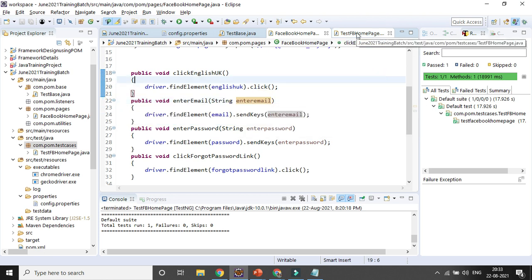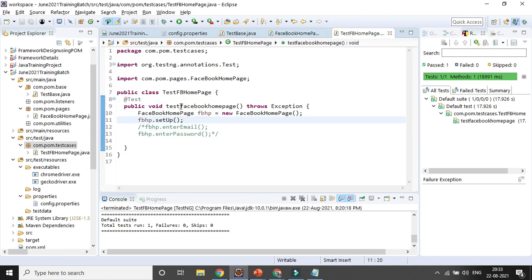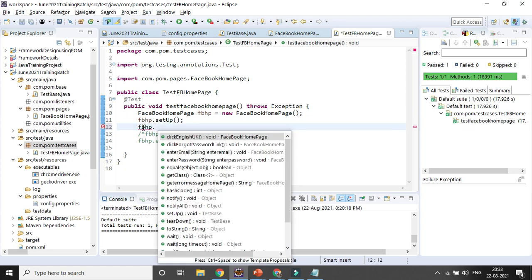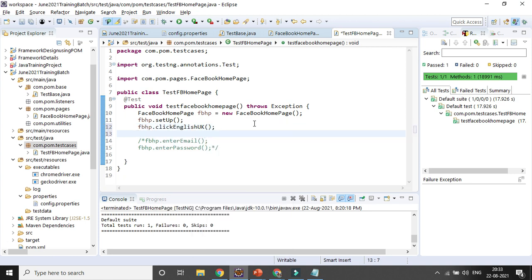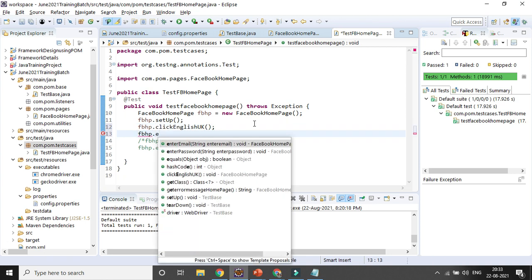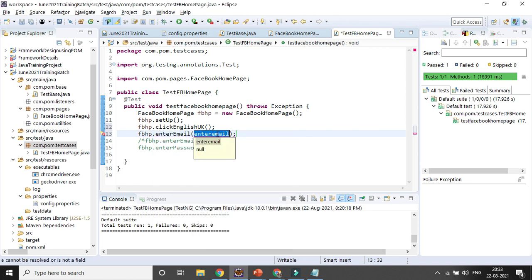And now in the base page, I have already set up, I have already called the setup method, right? Then whatever I call, I will first click on the UK part, so I will be calling the method click English UK. Then I will be calling enter email, and here I want to enter some email. I can directly hard code it.